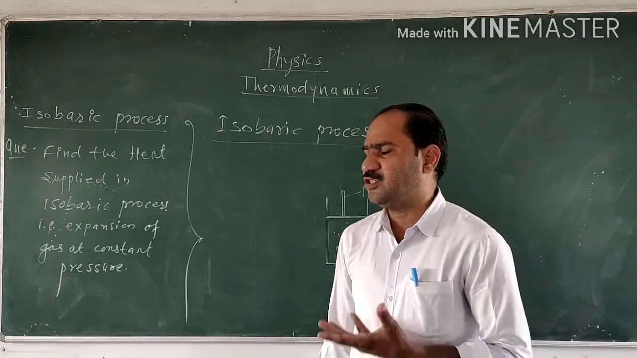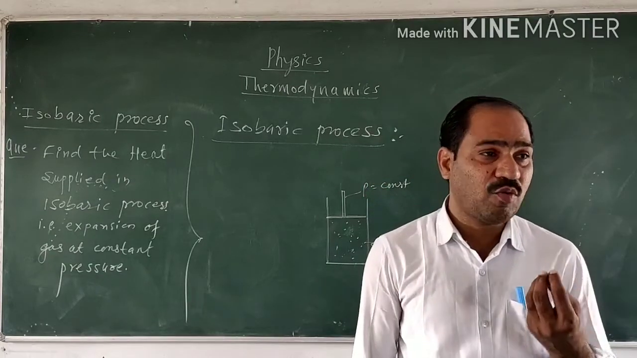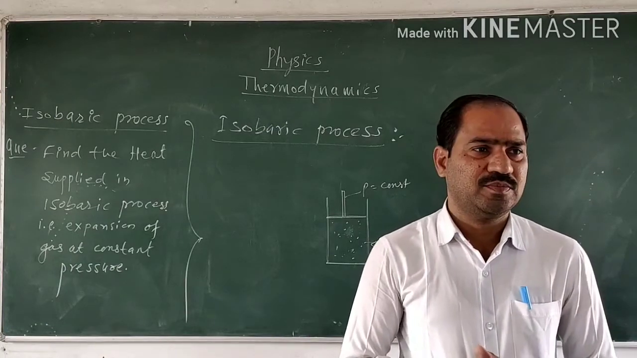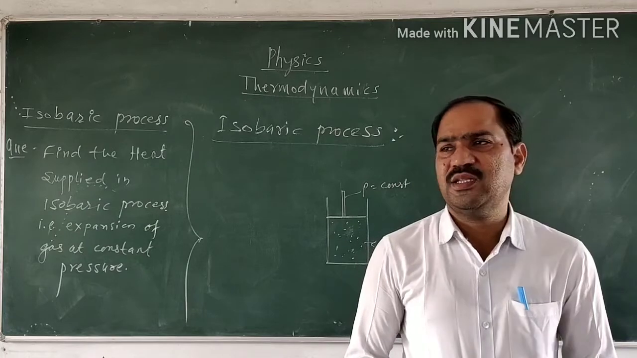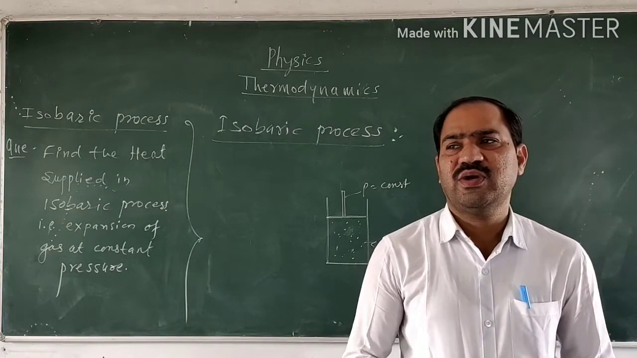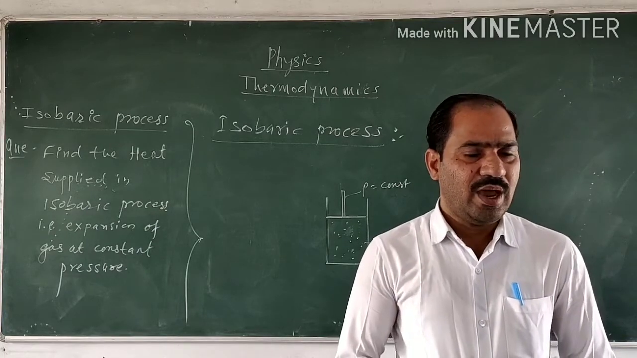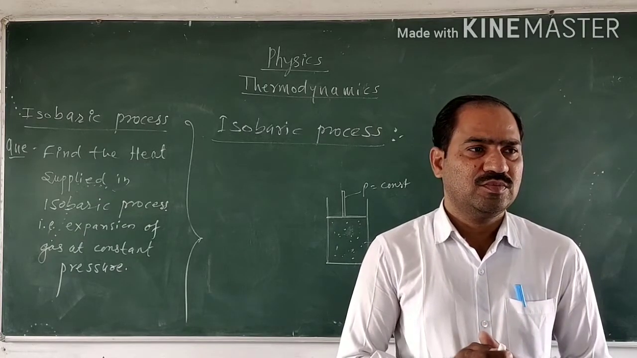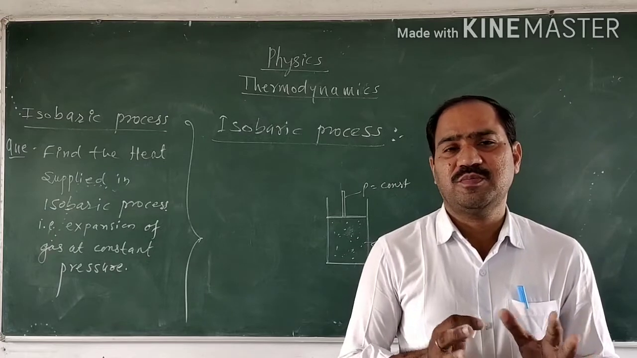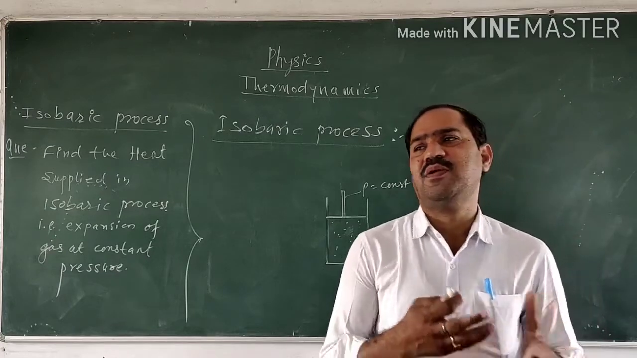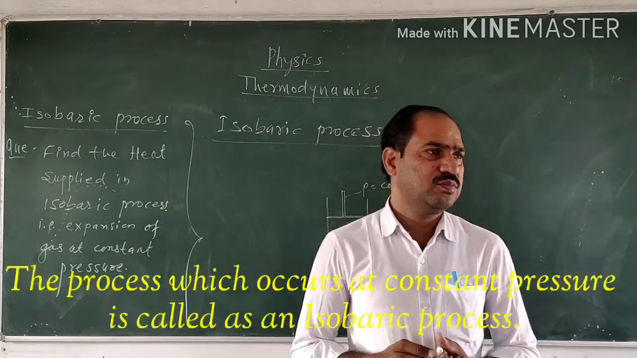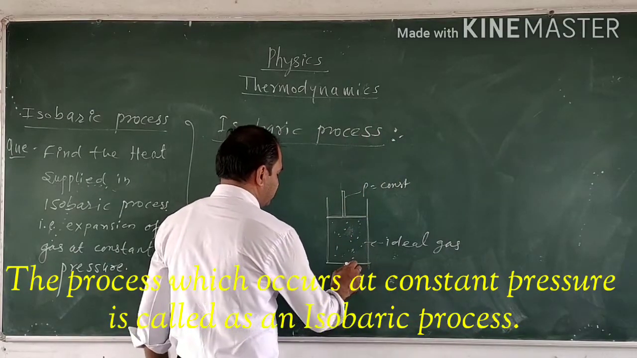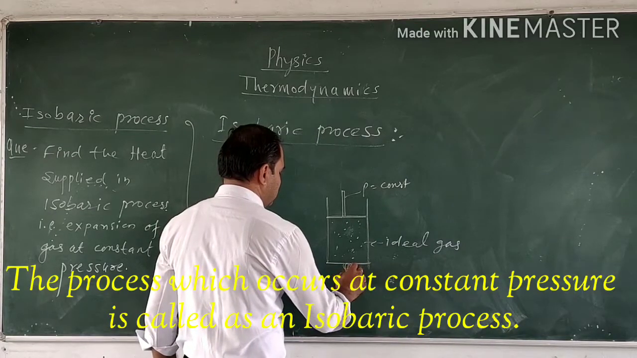The example of the isobaric process is the boiling of water at atmospheric pressure. When the water is taken in a container and we are going to boil it, and this system is at normal atmospheric pressure, this is the example of the isobaric process, and here the system is going to expand, that is, at constant